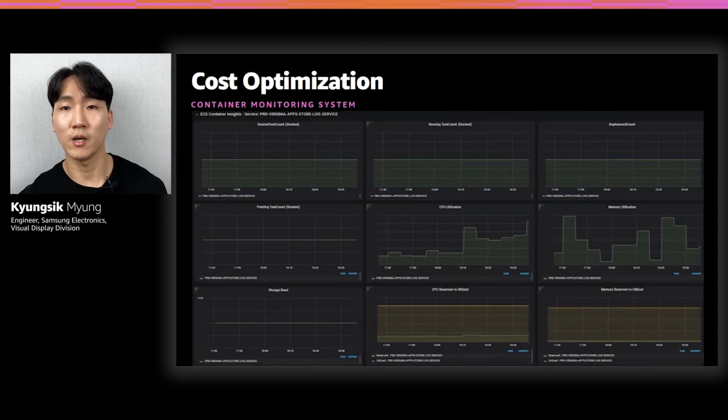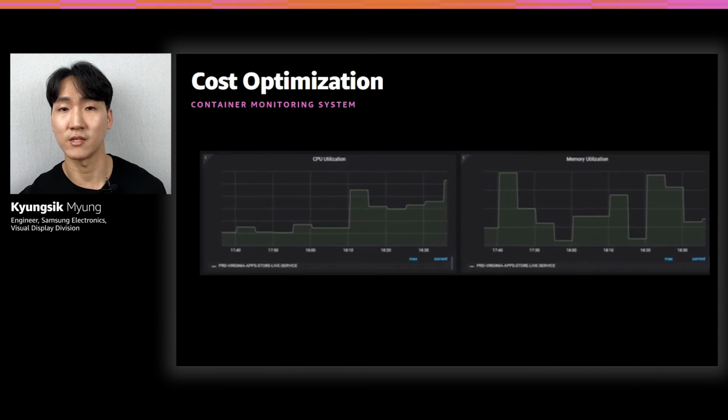To optimize and monitor, we built our own container monitoring system using AWS CloudWatch Container Insights. This monitoring system collects metrics such as CPU, memory, disk, and network. We can check how many services and tasks are running, or pending, or in healthy state.